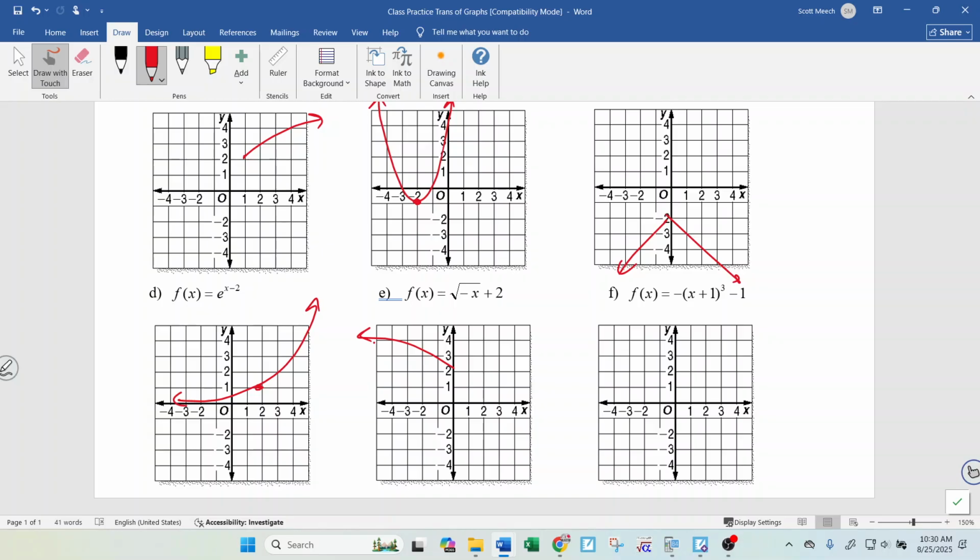And then the last one's got a little bit of everything. We go to the left 1. Usually we start here. It goes to the left 1, down 1, so we move down to here. Normally, it goes like that, but the negative out front is going to flip it and